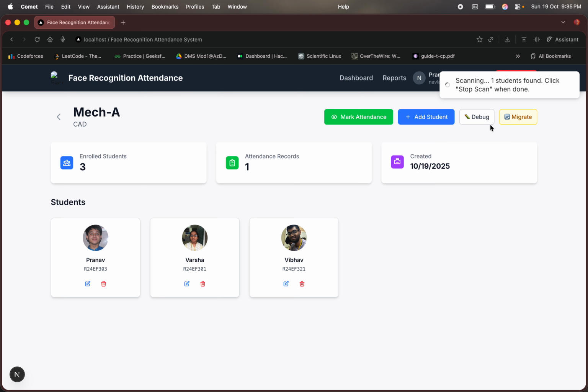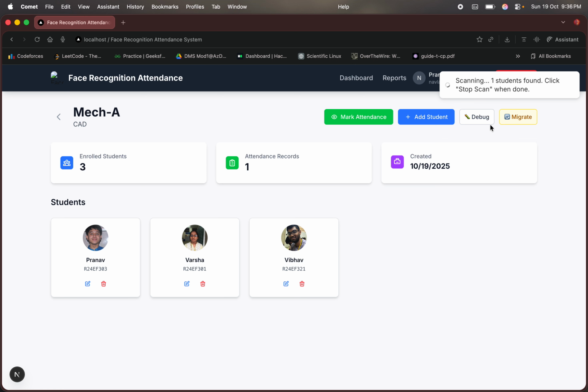Let me highlight the accuracy improvements that I implemented in the system. Instead of the basic HOG model, I used a convolutional neural network for face detection, which provides 30% better accuracy, especially in varying lighting conditions. The system uses a 10x jittering when generating face encodings. This means it samples the face from slightly different angles 10 times and averages the results, making the recognition much